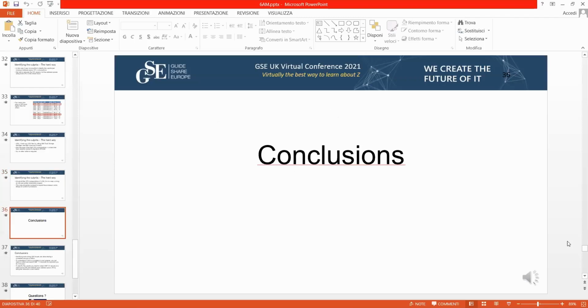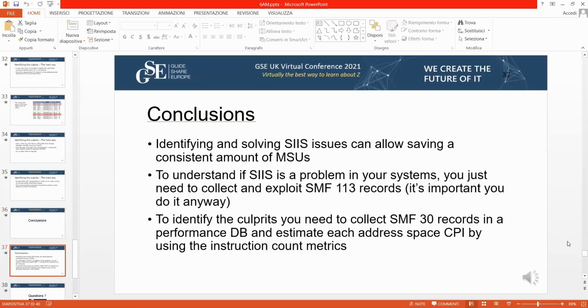Okay, so I'm at the end of the paper. The first thing is that if you measure, you know if you are in the situation. Just by measuring, you may understand if you have this kind of problem in your system, and that in itself is a great advantage. If you know that there is a problem, then you can try to take some action in order to fix it.